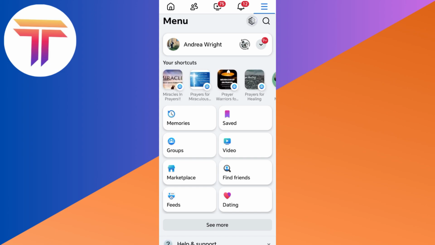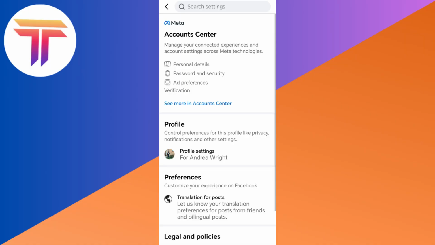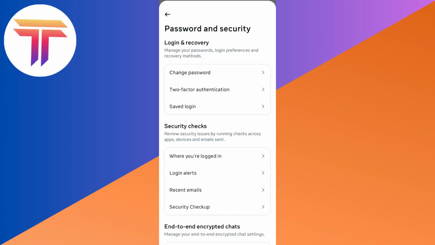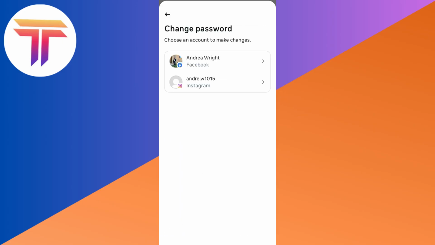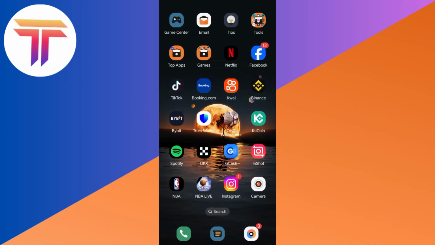Unfortunately, if you're using your Facebook application, you cannot see your Facebook password. You can see here the current, the new, and confirm. So you need to enter a password right here in order to change your password. As you can see, there is no password right here, there is no icon. So what you're going to do in order to see your Facebook password is